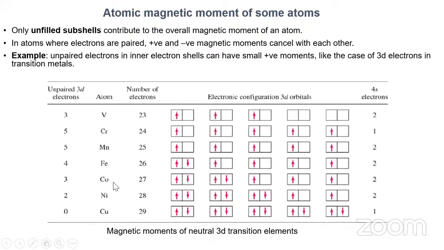Similarly, in case of cobalt, even though the number of unpaired electrons is less as compared to iron, there are some. Similarly for nickel. And if you take the case of copper, there are no unpaired electrons. Therefore, copper doesn't show ferromagnetic property, but iron, cobalt, nickel, Mn show ferromagnetic properties, right? So whether the substance shows ferromagnetic or diamagnetic properties basically depends upon whether unpaired electrons are present or not. If unpaired electrons are present, then there is a possibility that certain substances may show